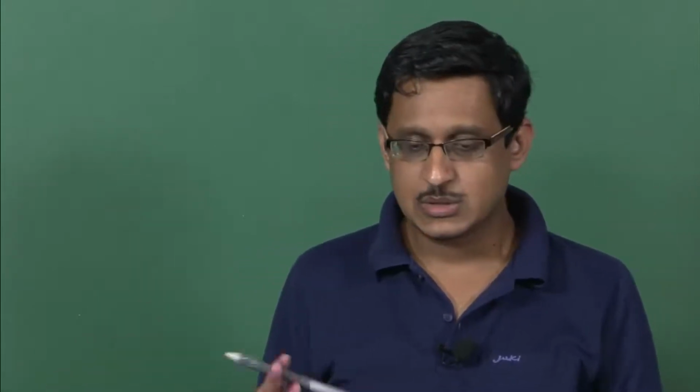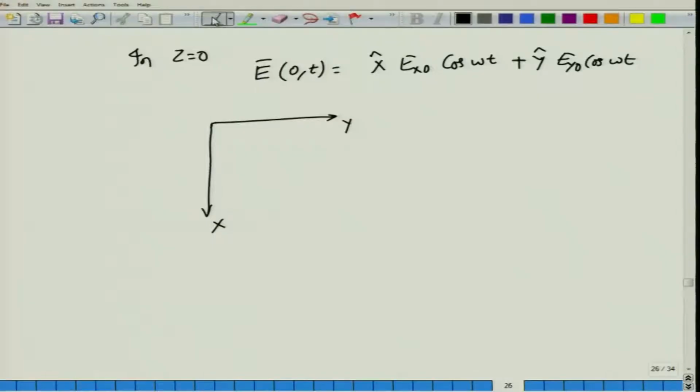I have cut this plane at z equal to 0. That is just my reference plane. There is no reason why z equal to 0 has to be the constant. You can take another plane z equal to z1, where the only condition is that beta times z1 should be a constant. So now that I have written my x and y axis on this plane, and I am looking at the wave traveling towards me,